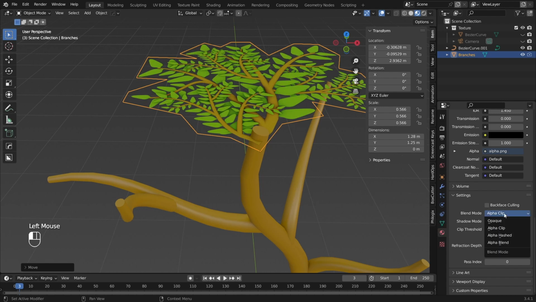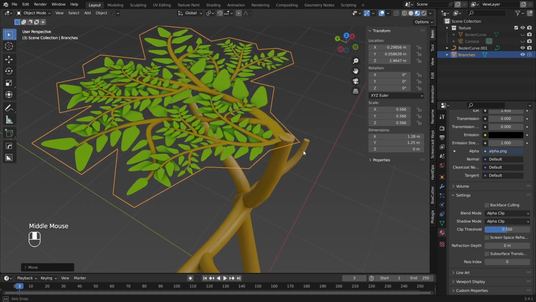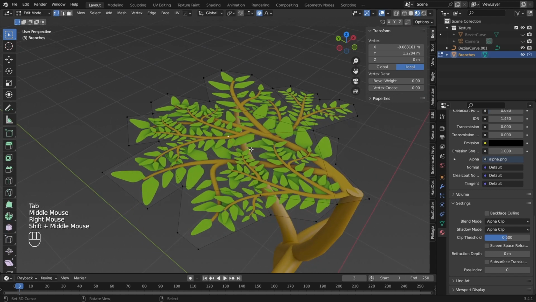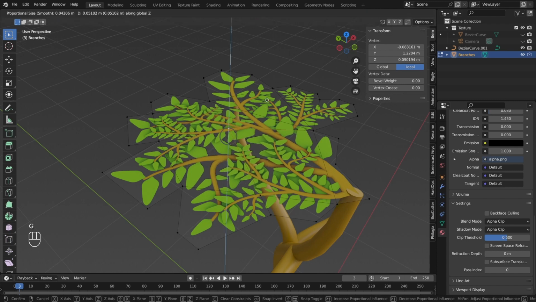Let's keep the blend mode to alpha clip. And let's go into the edit mode and select the middle vertex. And when you have proportional editing enabled,